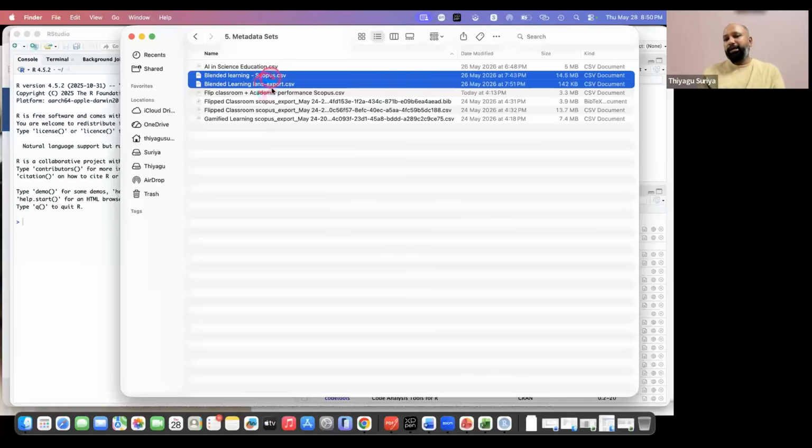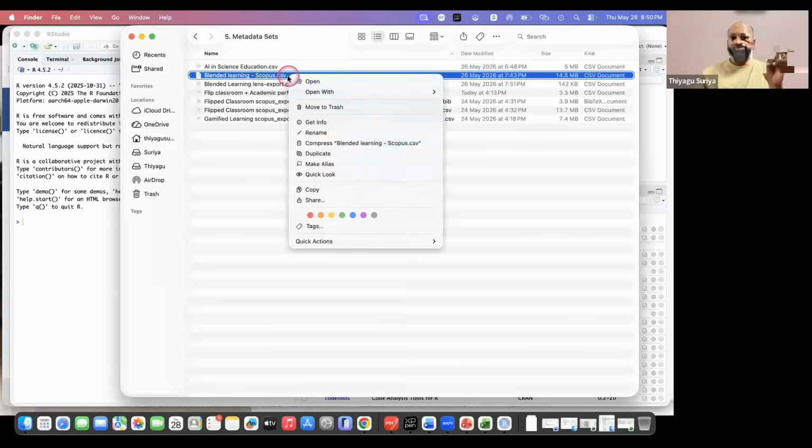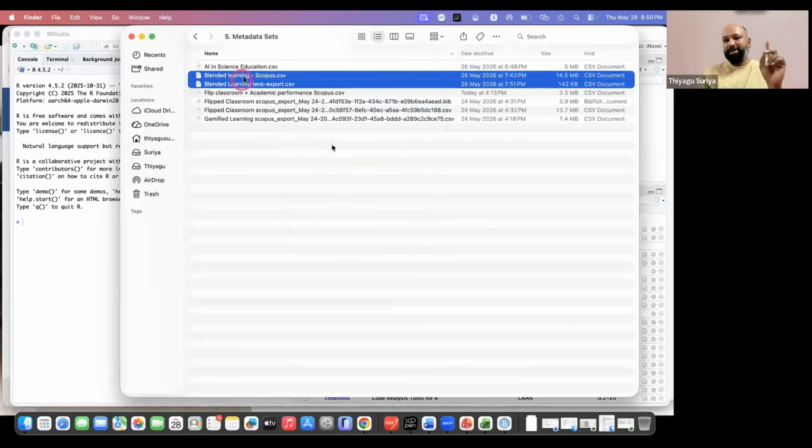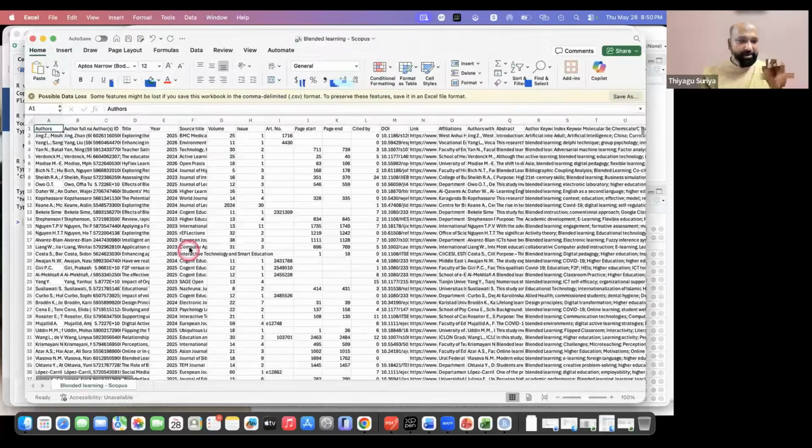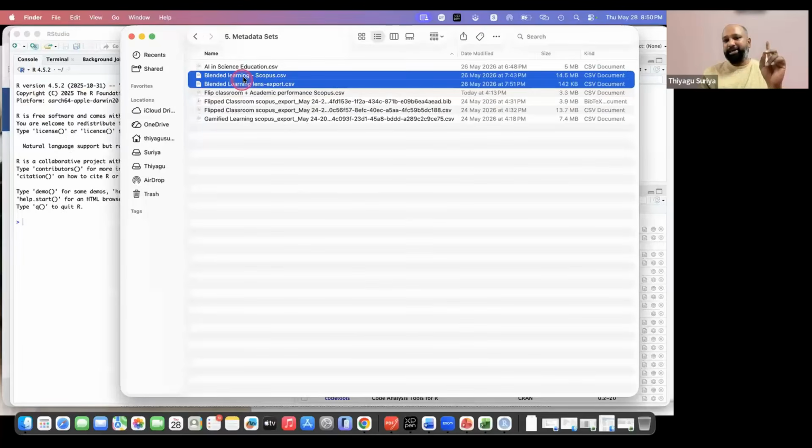I'm just going to import both. It's called merging the both. Are you ready now? If you have this file, just open this Blended Learning Scopus database. I'm just explaining the number of Scopus database articles. I'm showing this, open with Excel. In the case of Scopus, the number of articles with respect to blended learning is nearly